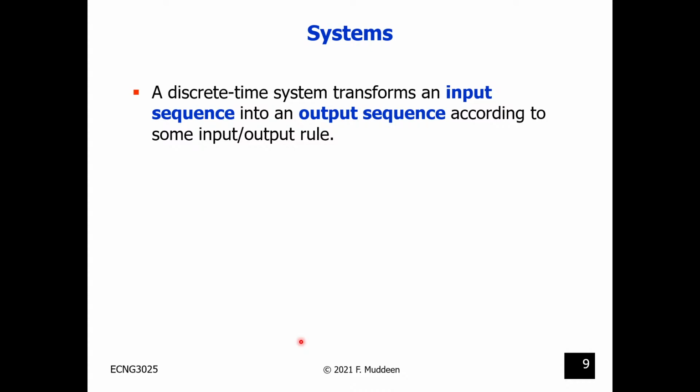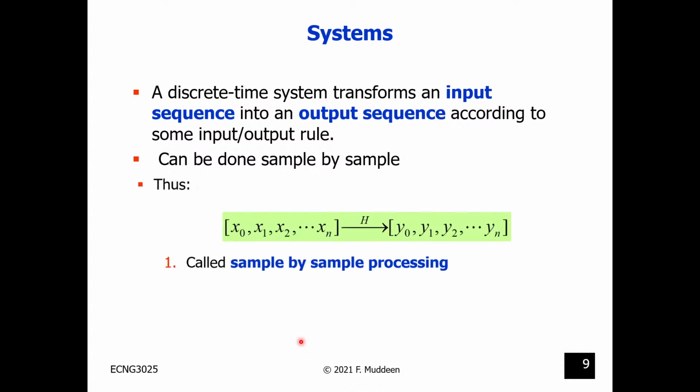So for any discretized time system, it operates the same way as a continuous time system. You're going to have an input sequence and you're going to produce an output sequence by doing some sort of processing on it. But in discretized time, there are several different ways you can actually do this processing. So you can do the processing sample by sample,